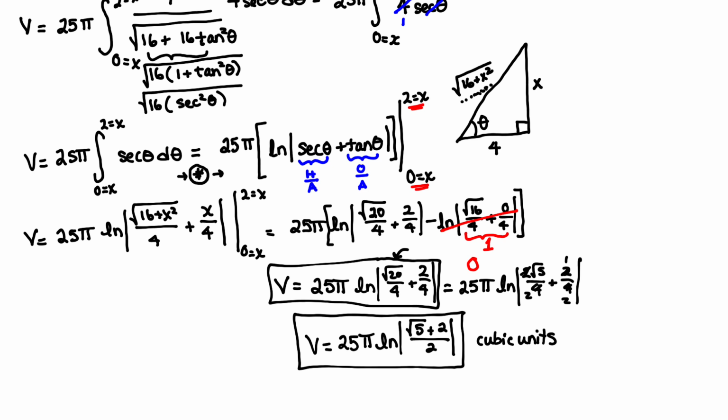Not too bad. Oh, but the answer did say, so actually I probably wasted a little bit of extra time because it did say to go ahead and take that expression and round it to the nearest 4 decimal places. So let's put that into decimals. Oh, wait, and as I'm looking at it, I see one little mistake I made here, right? This should be square root 5 plus 1. See that goof right away, so let's edit that before we stick it in decimals. Catch that right there. So we're putting in 25 pi times the natural log of the square root of 5 plus 1 divided by 2. And that gives us approximately